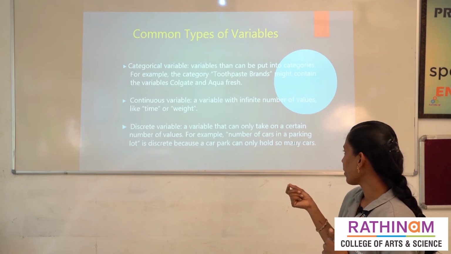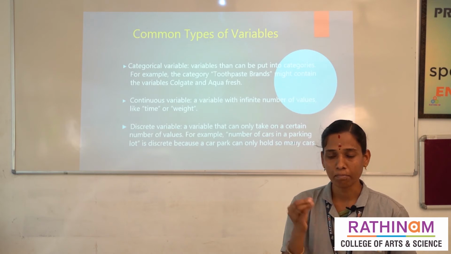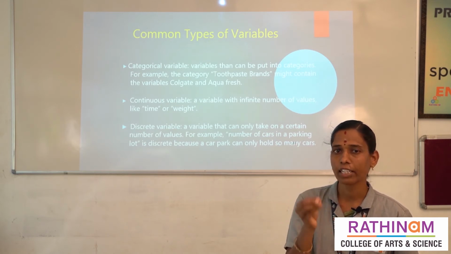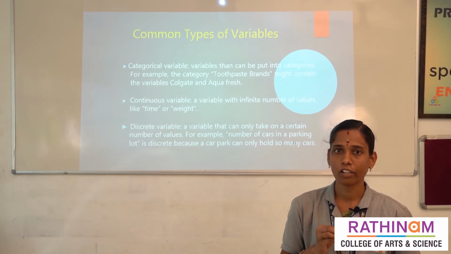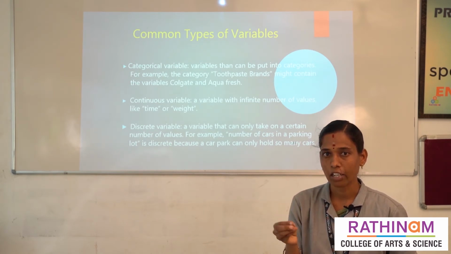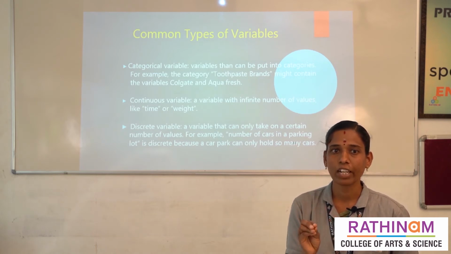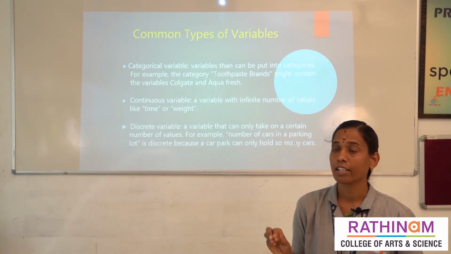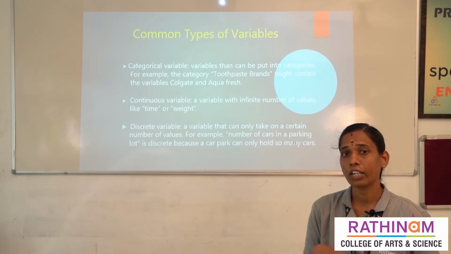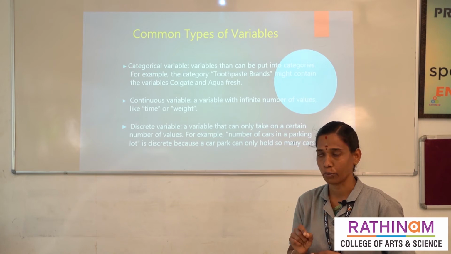And then discrete variable. Discrete variable means only one variable. Simple meaning is we have a question in one line. That is the meaning of discrete variables. Consider one car parking or bus parking. In that car parking we are including only the cars. There is no permission for two-wheelers. So that's why this is called discrete variable. Only one variable, one category we will use.